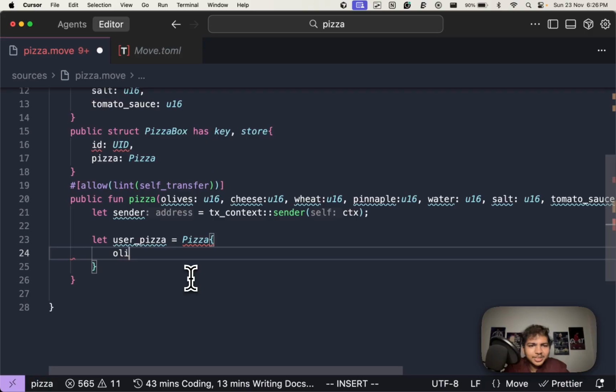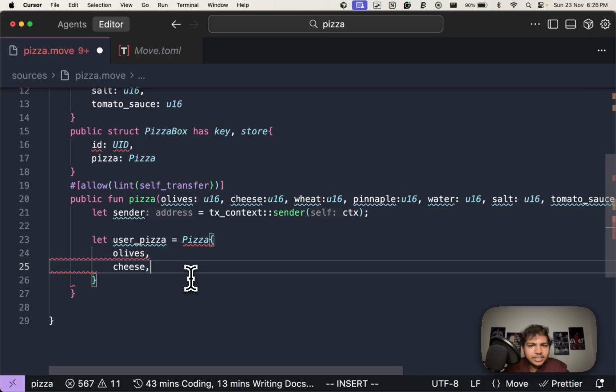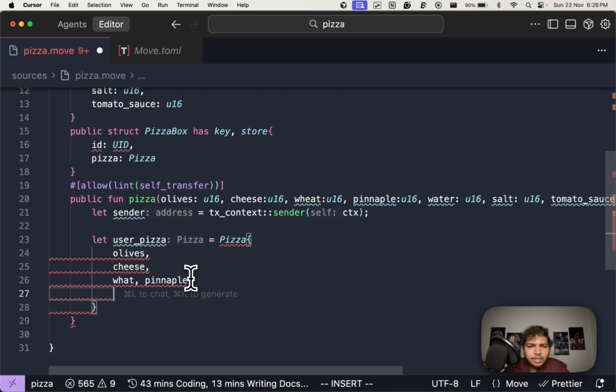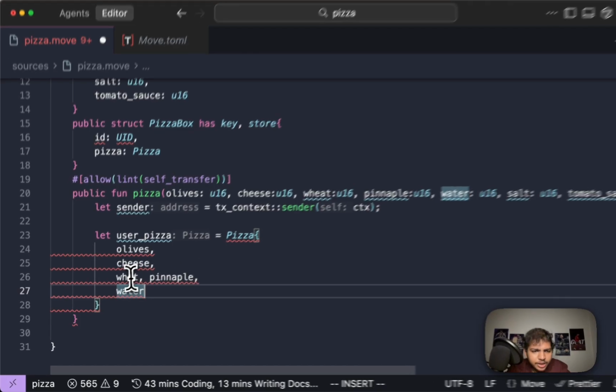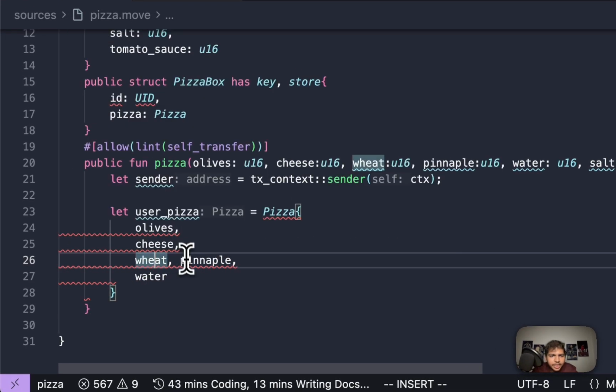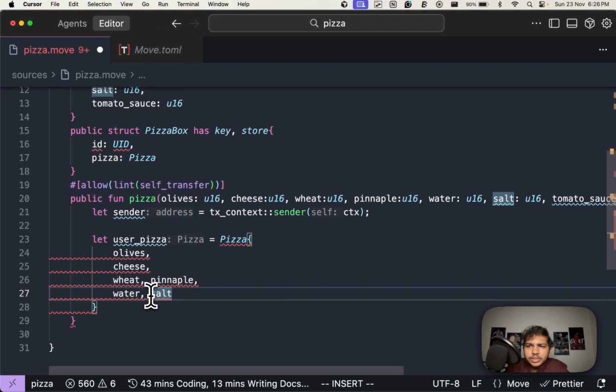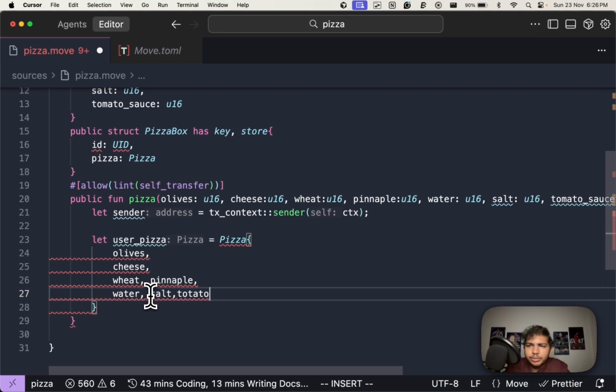So I just need to write it down. Olives, cheese, wheat, pineapple, wheat, water, salt, tomato, sauce,